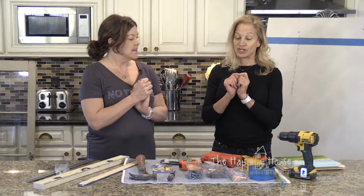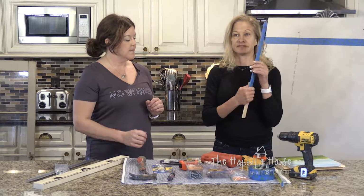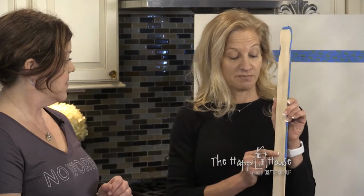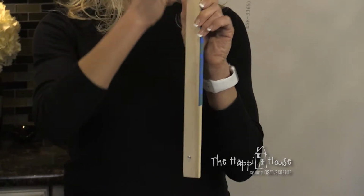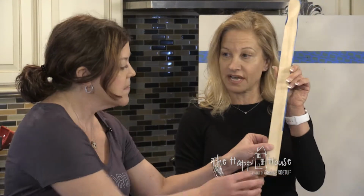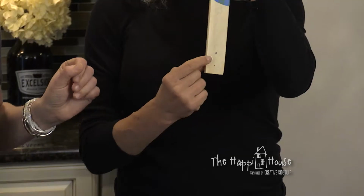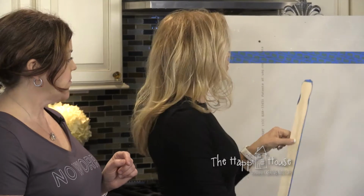You'll just love them. One of my favorite little tips when you're trying to hang a picture is get yourself a paint stick. Get a big 5-gallon bucket paint stick. The thing that's nice about this is you just screw a little screw in, have the screw sticking out on this side, and then have a little pokey poke out on the back side. Why? Because when you hold your picture